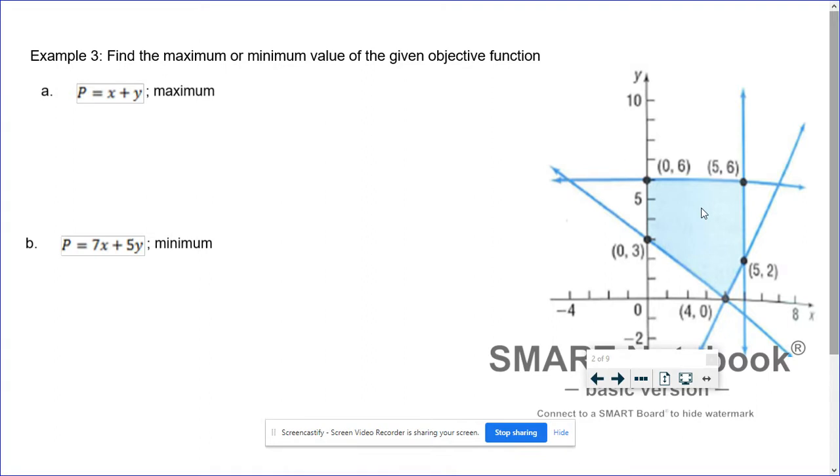Using the definitions from the last slide, the feasible region is this shaded region. The objective function is given here, and we're trying to maximize it. The vertex principle states that I don't need to test every point in the shaded region, I just need to test the corners. So I'm going to make a little table